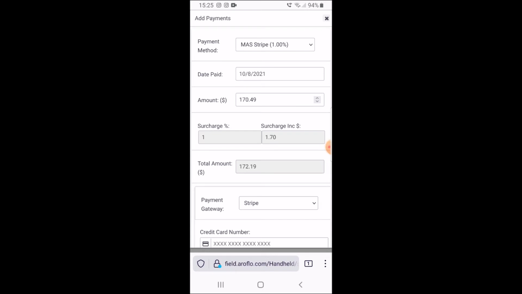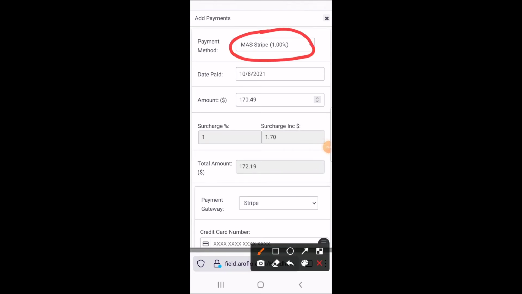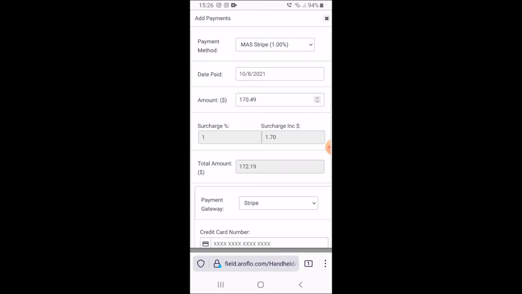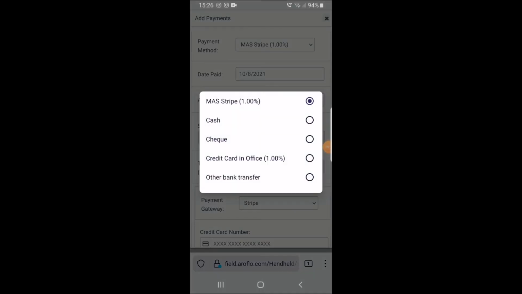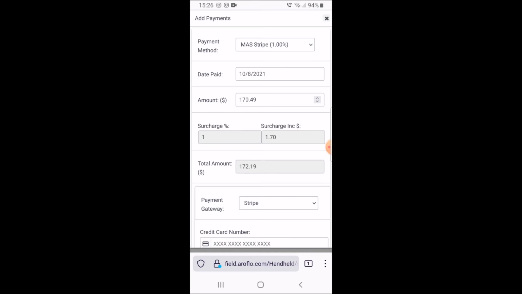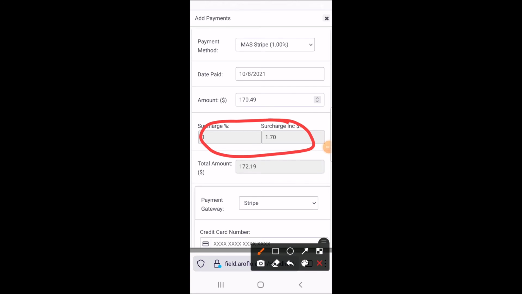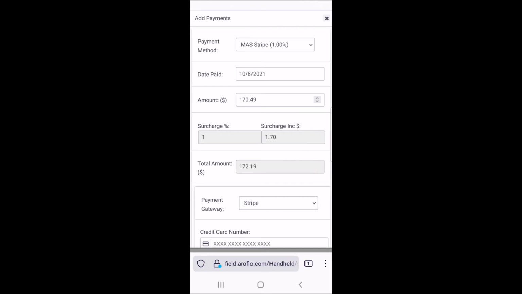Now, if the customer is paying with credit card, then there's nothing you need to change here, because this is how it comes originally when you are making a payment. But if you need to change it to cash, for example, then you click here and you see the options. Note that if the customer is paying by credit card, a surcharge will be charged, and it says just right here. And see as well that this is the total if the customer wishes to pay by credit card. But as soon as you change it to cash by clicking here,